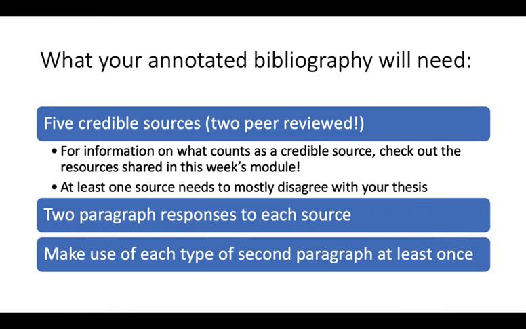So, hopefully that gives you a sense of what your annotated bibliography should look like per entry, but your overall annotated bibliography has a few requirements. First of all, you'll need 5 credible sources, 2 of which should be peer-reviewed. I'm going to be putting information up on Canvas later this week in this week's module on what will count